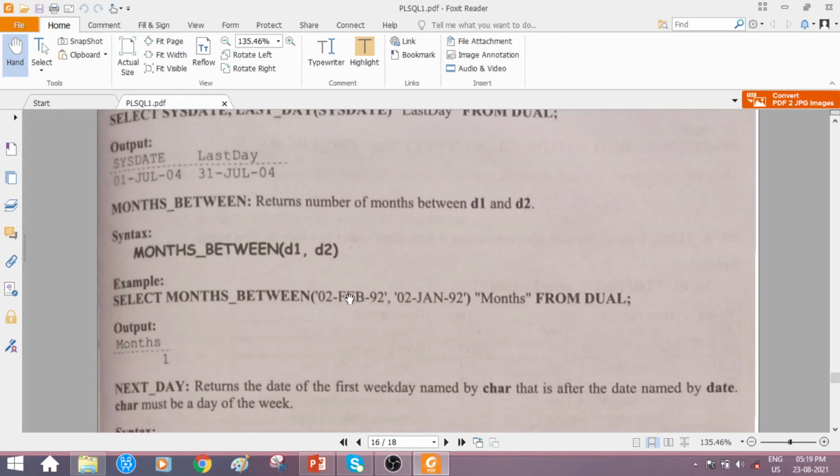Note the input format: date, followed by month, followed by year, specified within single quotes. The two arguments are in single quotes, and this is the column heading displayed in the output, months, from the dual table. So the output is months 1.